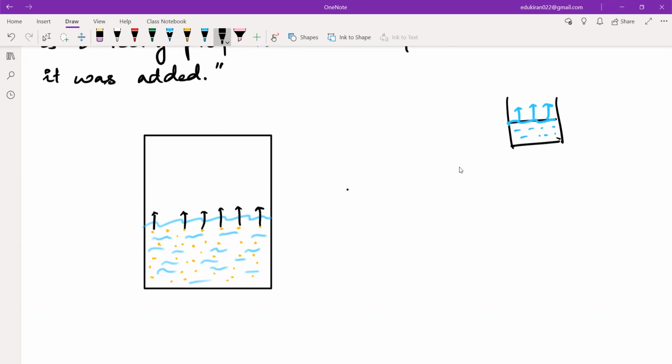So see, there are a few things, think a little and then you will get it. Let us talk about the escaping tendency: which can escape more easily, liquid or gas? Obviously, gas can escape more easily. So if at normal temperature a liquid is escaping, that means water is escaping out of its own surrounding, where you have only water, and it is converting itself into vapor, then obviously, if you have a solute which is a gas, it will also escape and it will be here.